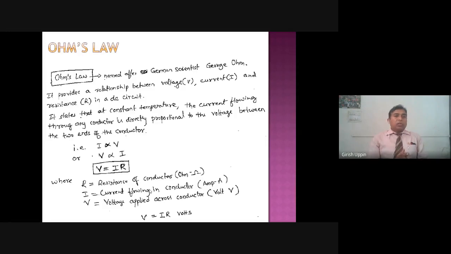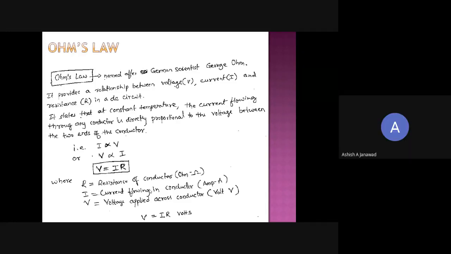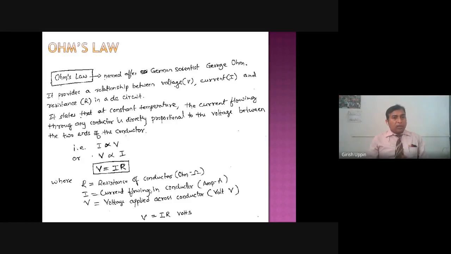Okay, now we'll study Ohm's law. Now we have understood all the different components of an electrical circuit. What Ohm's law does is give the relation between some of these entities, and this particular Ohm's law is named after a German scientist, Georg Ohm. It gives a relation between the voltage that is applied to the circuit, the amount of current flowing, and the resistance of the circuit.